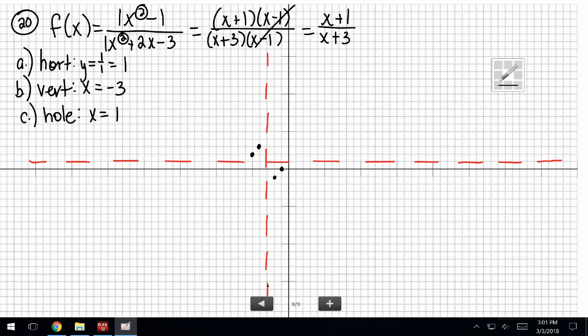So let's see. It's going to go, go, go, go. When it gets here, it's going to curve. And when I get to +1, I'm going to put a hole. And then I'm going to go, go, go. Oh, don't go over the x-axis like that. And on the other side,